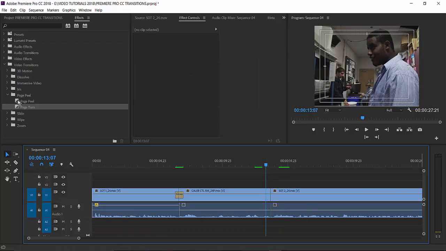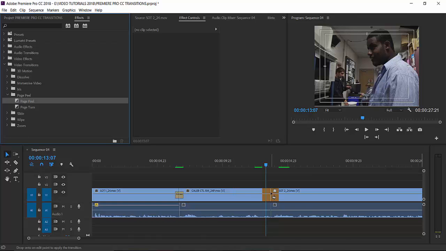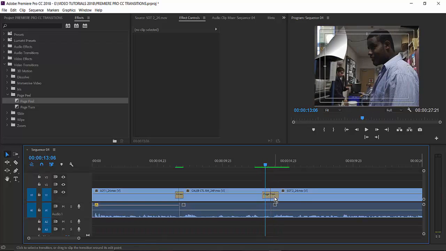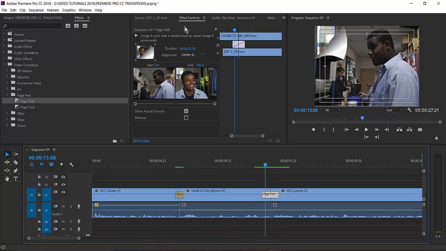Let's try the page peel. Bring that over it, and I can see that that's a little bit more interesting. It's got a little bit more of a three-dimensional quality to it, right? So I will click it. My effects control was already open, but I didn't see anything because there was nothing active. So when I clicked the transition to pull it up, it sure enough comes up in my effects control. So again, I can preview here and I can see it's coming in from the upper left to